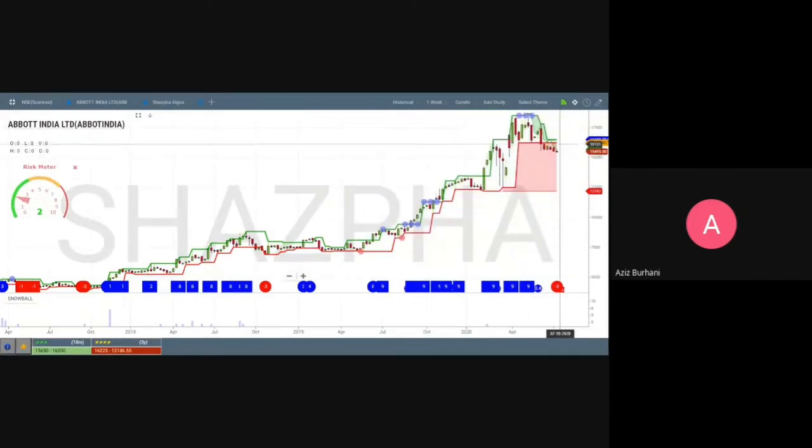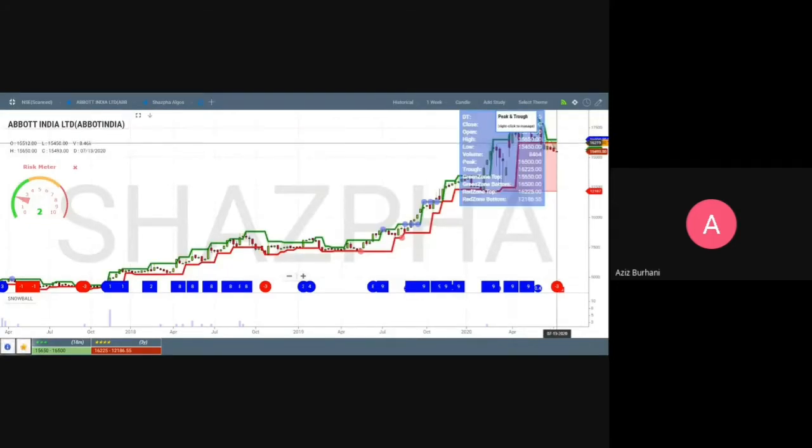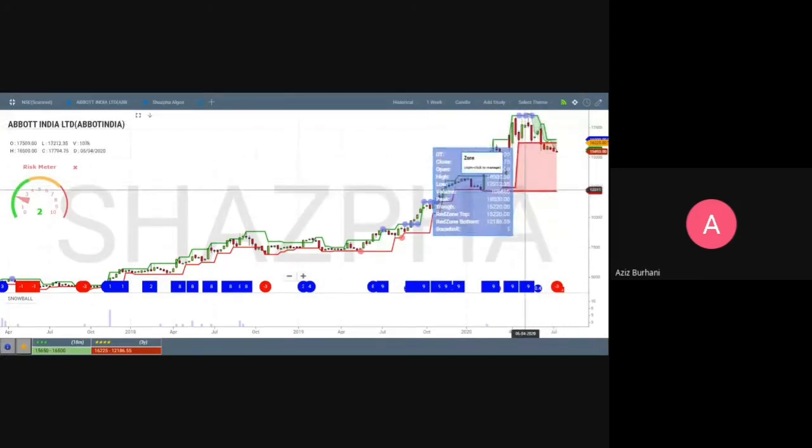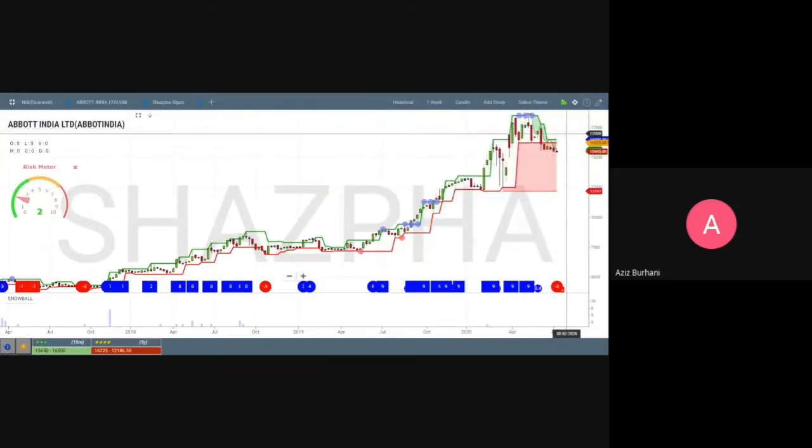At the same time, for people who are buying, if they think that break peak has happened and they have missed the bus at that point in time, what you can do is buy in that green zone. You can still buy. As long as the price is in that zone and you can manage your risk, whatever risk you are out to take, then you can easily buy within that green zone. Similarly for the exit, if tomorrow the price continues to go up, who knows, the bottom of the zone might go to 16,000 rupees, and you would think, oh, it was nice that I did not sell at that point in time. So anything can happen. Hindsight is always 20/20.